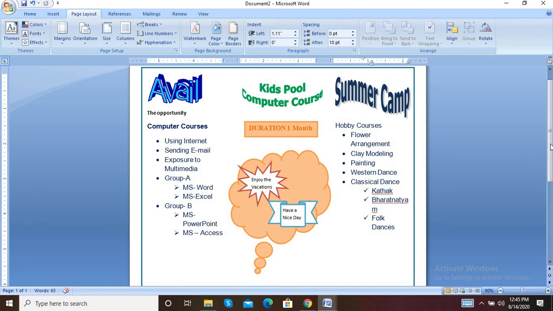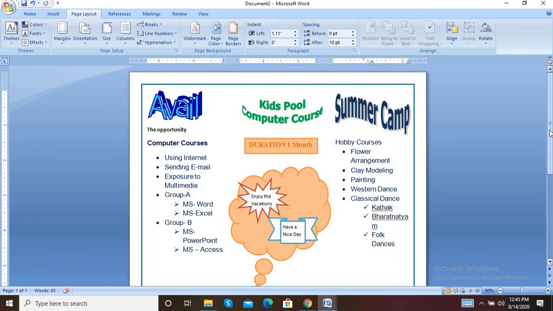Okay, so with the help of word art, then shape, columns break, with the help of these types of features, you can create a banner or you can create a magazine. Okay, for advertisement, for wishing something, in these different types of activities you can use the word art feature. Okay, so like this practical, you also create the same practical as it is with the help of Microsoft Word and mail it on my mail ID. Thank you.